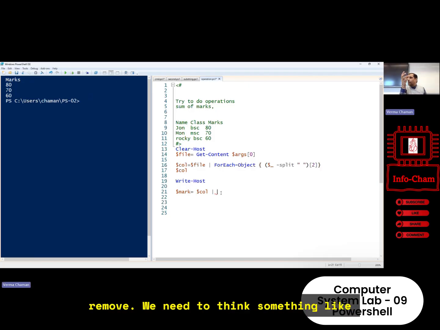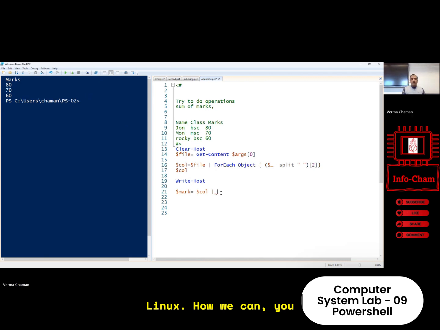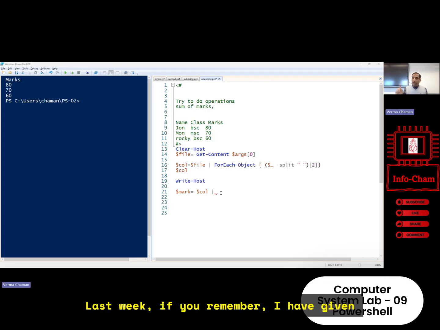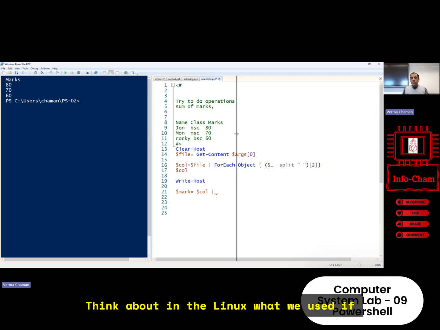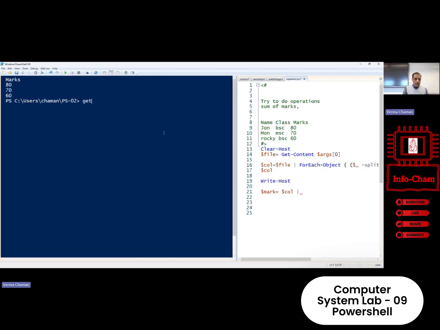Basically, we cannot remove. We need to think something like Linux. How can we eliminate or maybe remove the header? We don't need the marks. What we used last week, if you remember, I have given you the important cmdlet. Think about what we used in Linux. If you have such a file, if you have such an input,